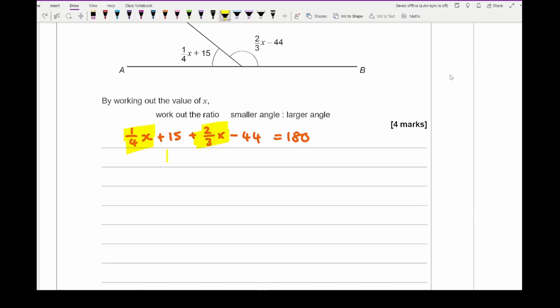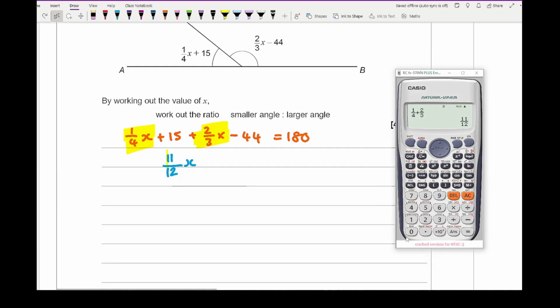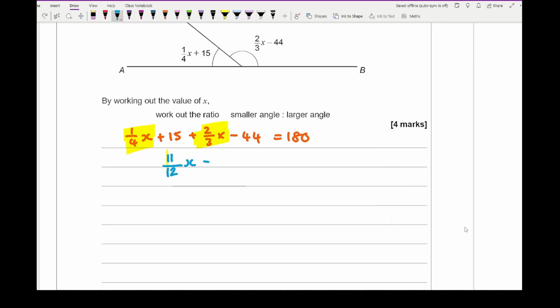So that's going to be 11 over 12x. 15 minus 44 is going to give me minus 29 equals 180. And then just solving this, we get 11 over 12x equals